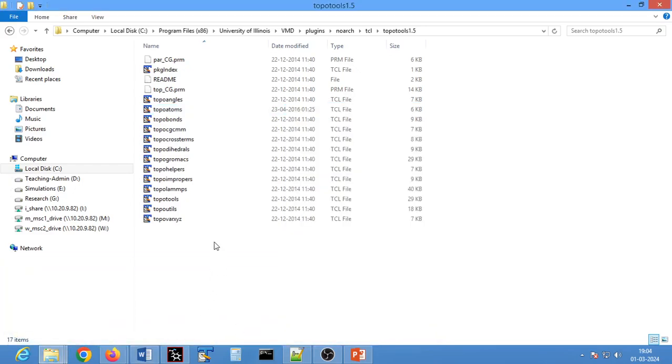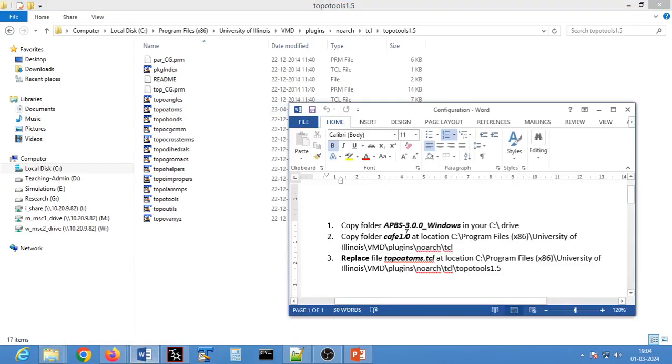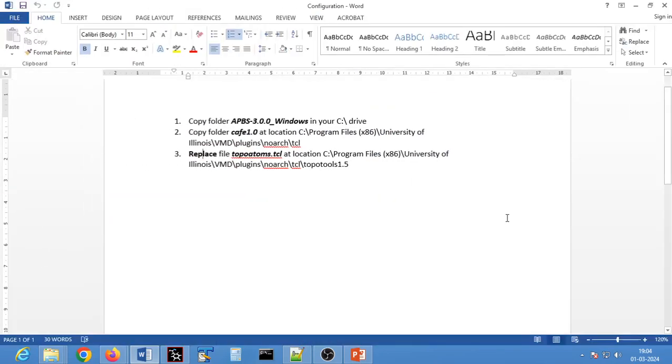करना है, राइट. तो देखो, ये बाकी के सारे 2014 के फाइल्स है यहाँ पर, और ये टोपो एटम डॉट TCL 2016 का है, राइट. तो ये यहाँ पर डालना है, राइट. दैट मीन्स दैट दिस इज न्यूली एडेड, बरोबर है. So now make sure that you do all of these things with administrator privileges in your PC. तो जो अकाउंट से आप लॉगिन कर रहे हैं उसको एडमिनिस्ट्रेटिव प्रिविलेजेस रहने चाहिए, जब भी ये चीजें होंगी, अदरवाइज नहीं होगी,